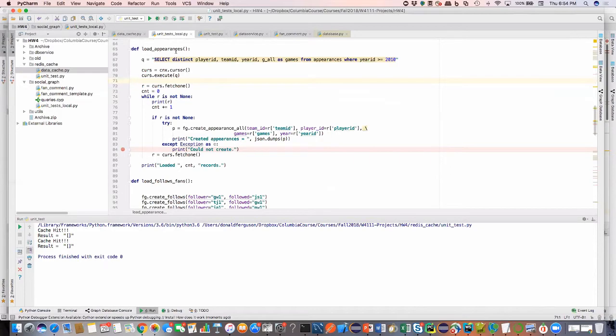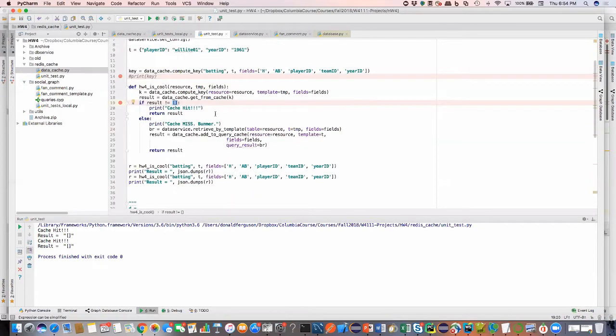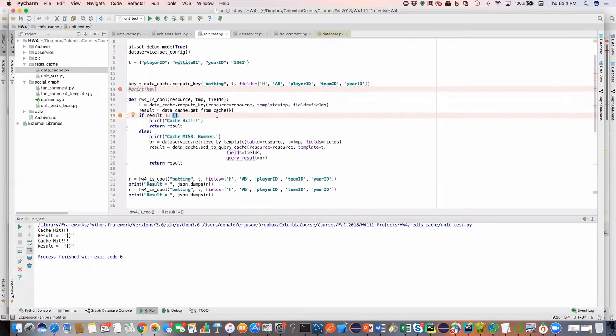So if I go back to, yeah, I don't need to compute the key. I do that inside check query cache. And the resource is equal to resource, template is equal to temp. And the field is equal to